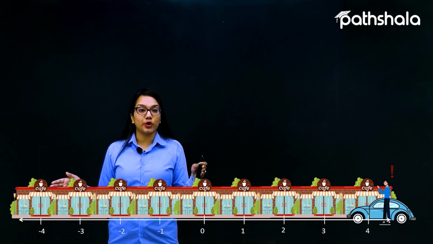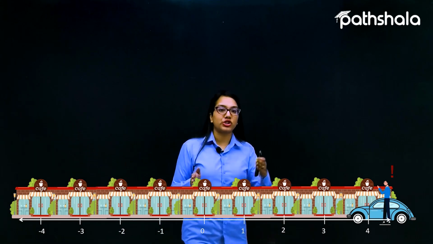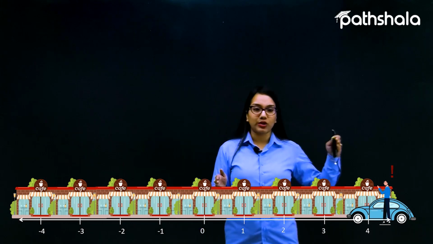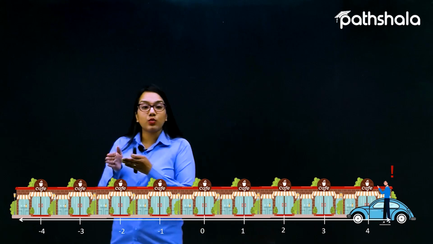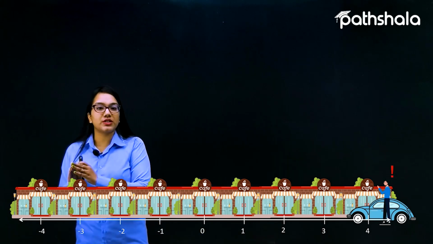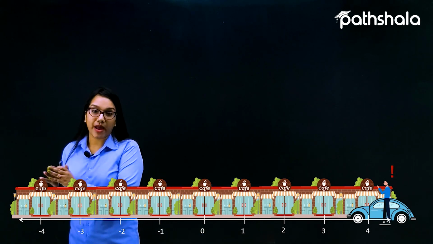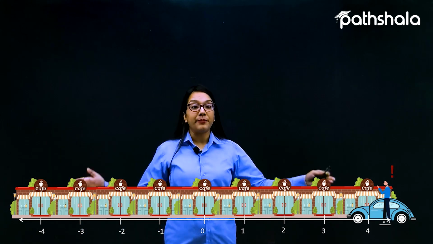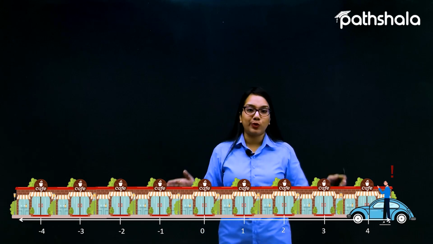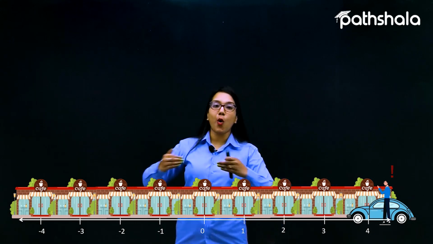As this is on the 0th position, this is on the 1st position, this is on the 2nd, this is on the 3rd, and similarly this one is on the -1st position, this one is on the -2nd position, this is on the -3 and this is on the -4. So all of them have their unique location, and he can easily buy the coffee from his own